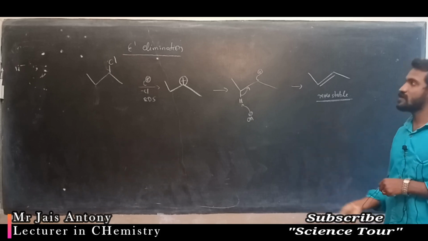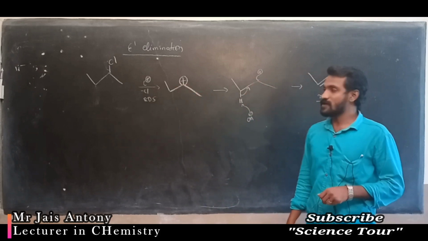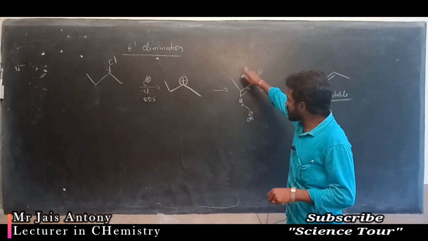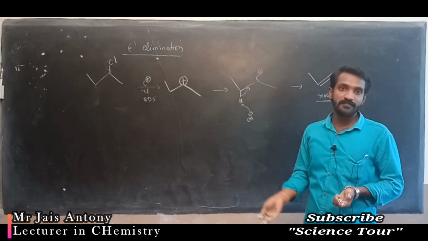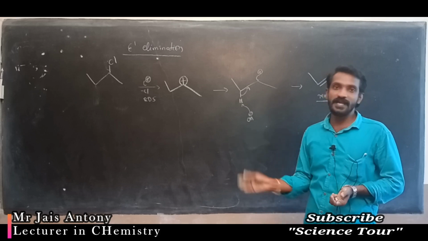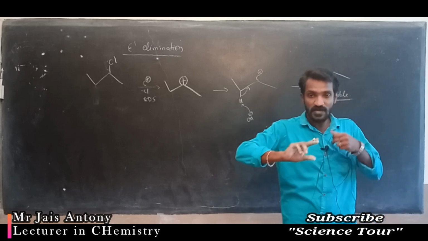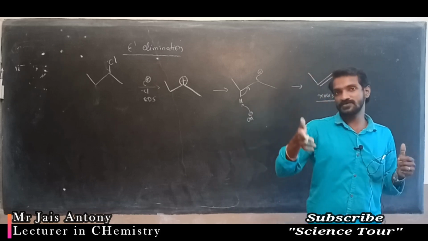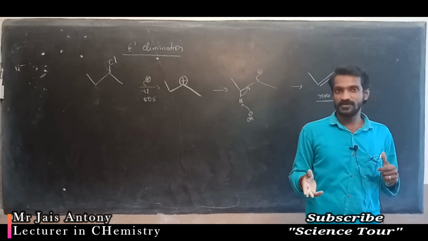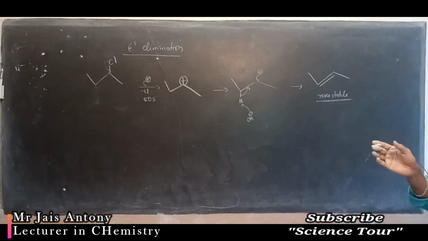This is also an elimination reaction. The only difference is that here formation of a carbocation takes place. But in this case, you can remove hydrogen from this side. The same effect is there. If it is planar or anti-periplanar, no problem. You can remove any beta hydrogen, because a carbocation has the special capacity to change its structure, and it is powerful. So we can remove any hydrogen. There is no repulsion, as I explained in E2. Okay, no doubt.